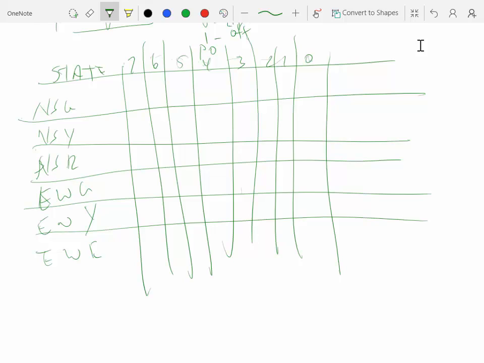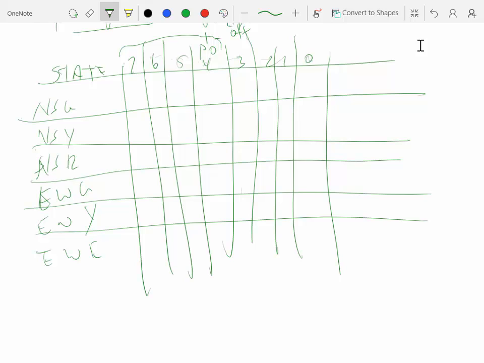Now, knowing that I'm going to give you a second part of this assignment where I'm going to add turn lanes and push buttons for the turn lanes and things like that, I'm going to say use the upper 4 bits for north-south and the lower 4 bits for east and west. So I'm just going to write them down here. So we've got,